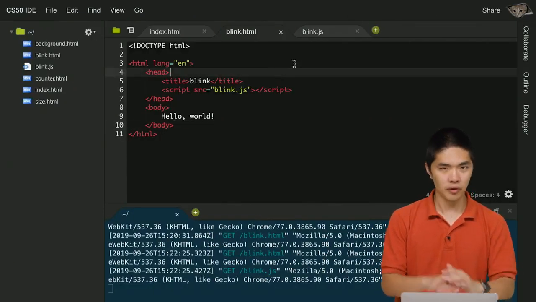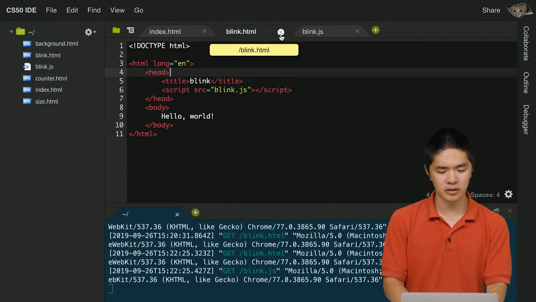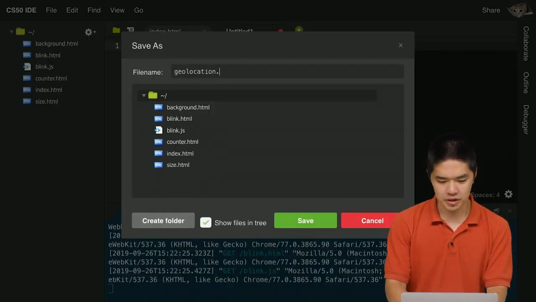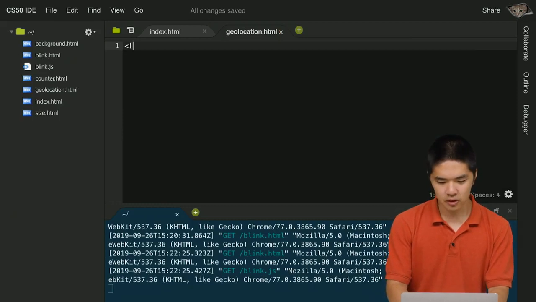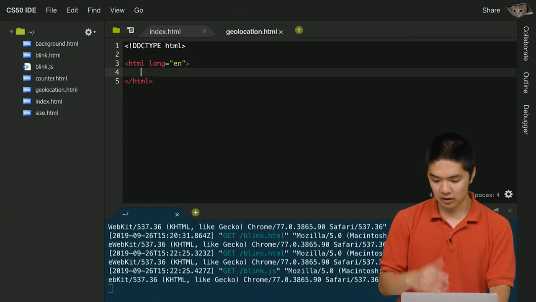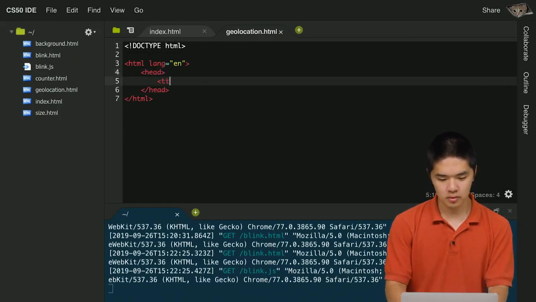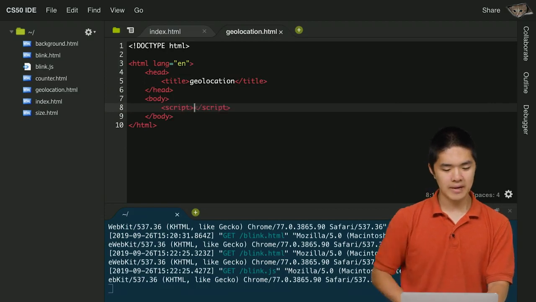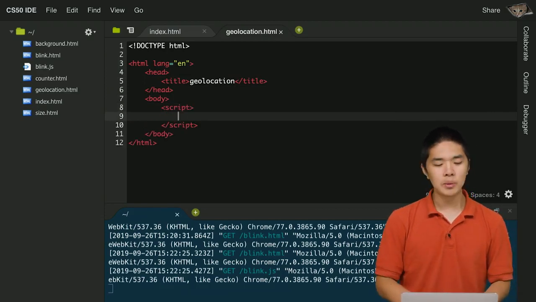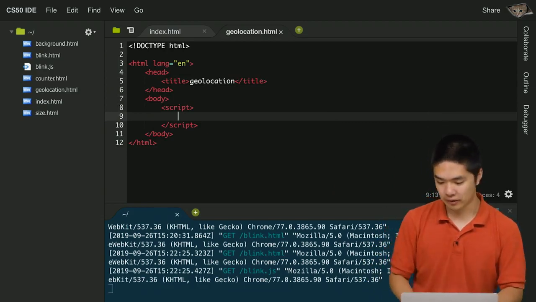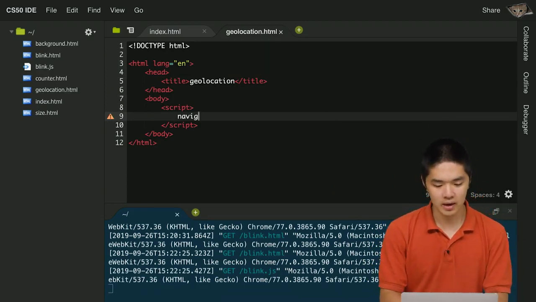gives us access to. We've only just barely scratched the surface, but to take a look at some other things, I'll create a new file called geolocation.html, and inside of geolocation.html, I'll go ahead and start up the basic structure of the web page. I'll go ahead and add a script tag to the body of my page where I would like to get the user's current location. It turns out there's a way to do this using JavaScript that uses something called